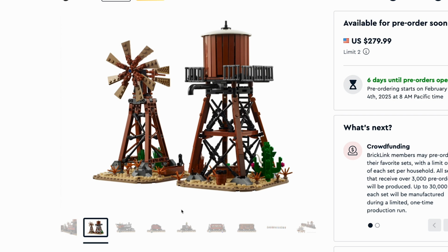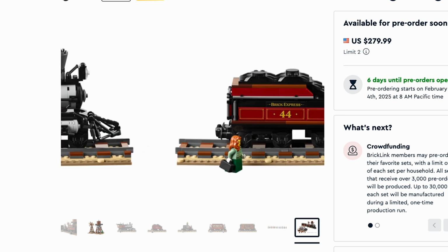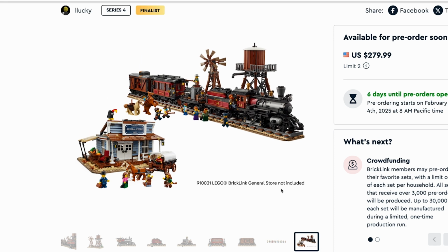And also, the designer of this, iLucky, this is the second design that they have created for the Bricklink Designer Program that has been turned into a set. The first one was the General Store. So huge shout out to iLucky for not only making one Bricklink Designer Program set, but actually for making a second one as well. So the General Store was from a previous series and it is not included in this,